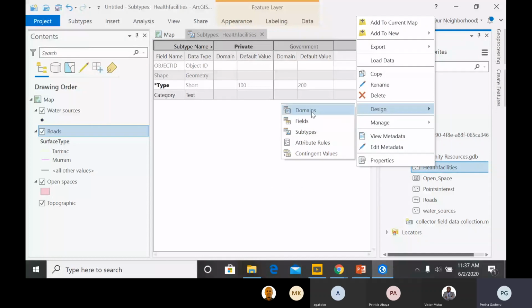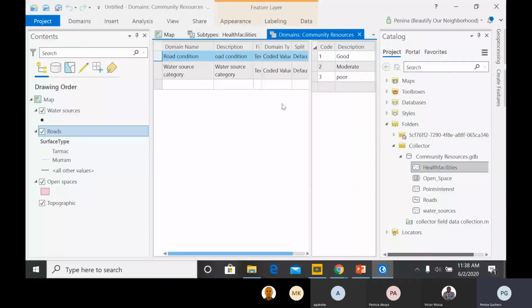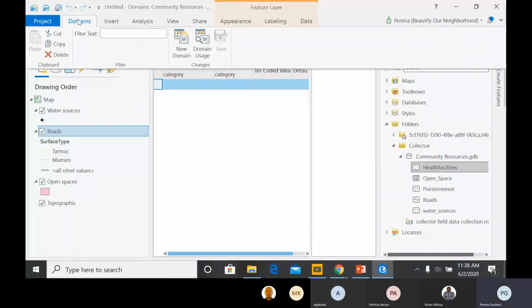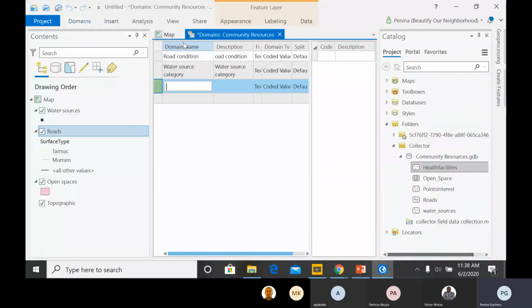I now want to add the domains. Remember, I also created another attribute field. So let me just click this for the subtypes first. So for the domains, I want to add another domain here. So I'll just click on the domain, then click on the new domain. So the name here I want is the health facility category,